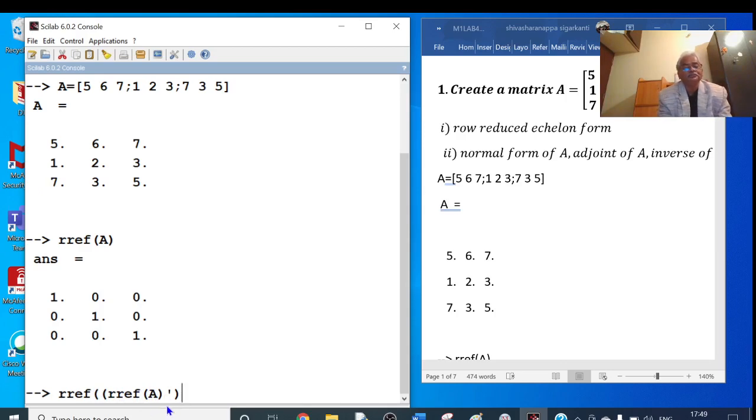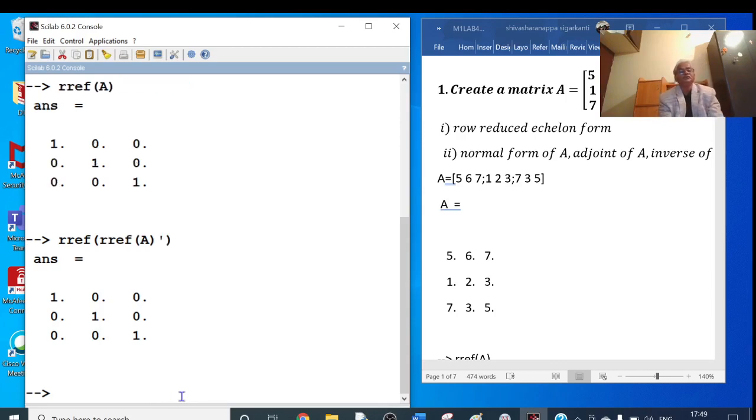Here I have to close one more bracket. Okay, I think it is correct now. RREF of RREF transpose. Here I think only one bracket is sufficient, because this gives RREF transpose. Again I am taking RREF. Okay, I think it is sufficient. So this is our normal form.